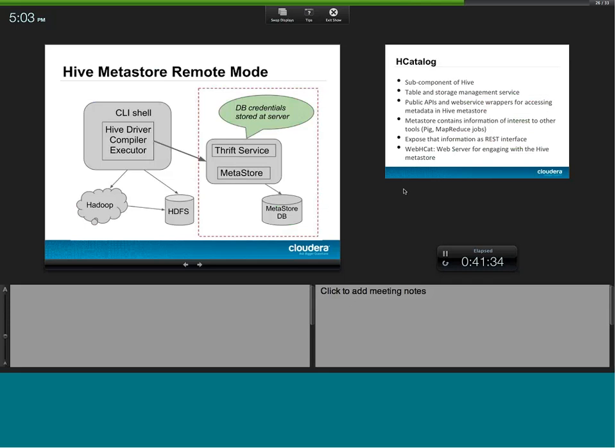Okay, so this is the same diagram we have seen before, except that I put this red circle around the Metastore service and the Metastore DB. Right, so why would I do that? I would do that because that particular component is useful to other projects. I alluded to this a little bit when I talked about Pig trying to have a table level abstraction for its workflows. Or you writing your own BI app that would like to leverage the tables that you created in Hive. If you say write a Squirrel client for Hive, Squirrel is this interface for accessing databases